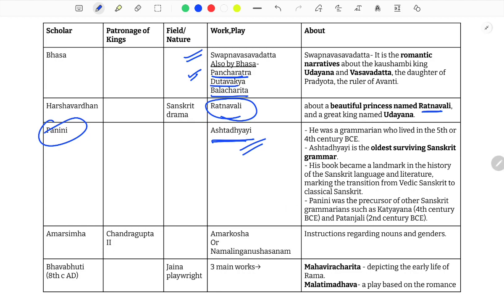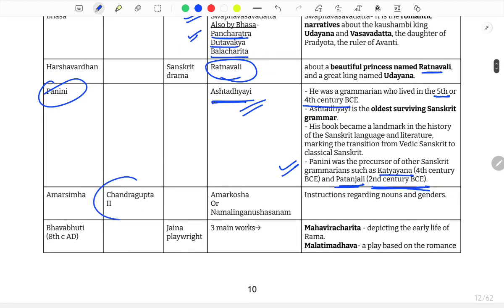So keep this thing in mind. Katyayana and Patanjali. Patanjali was in the 2nd century BCE, whereas Panini is somewhere around the 5th or 4th century BCE, much earlier. Amar Sinha, in the court of Chandragupta II, wrote Amar Kosha or Nama